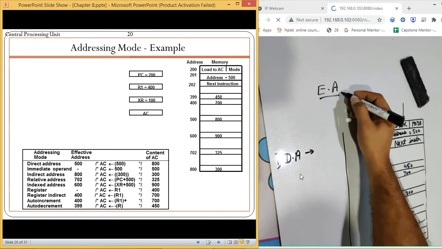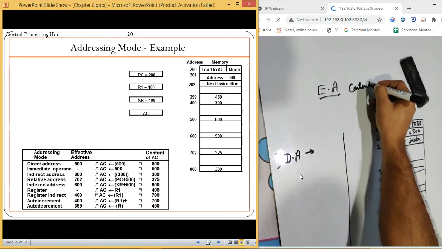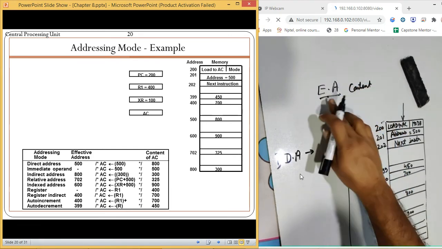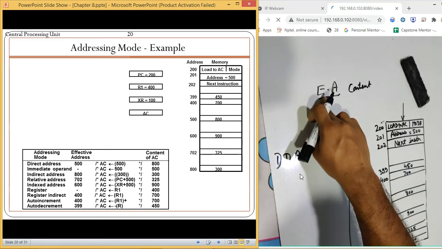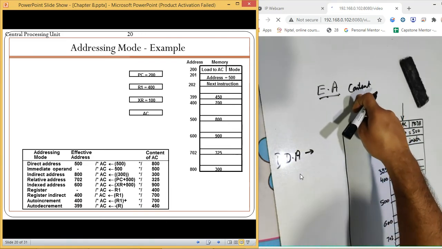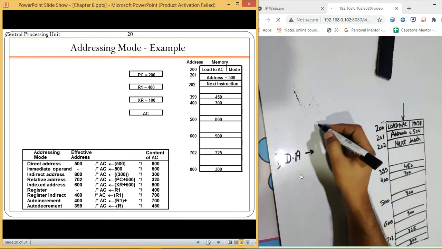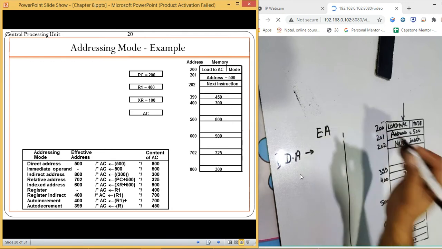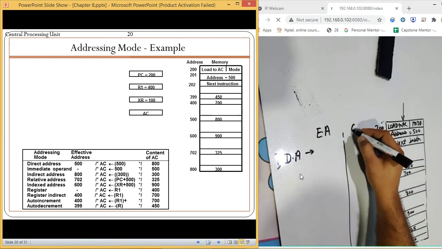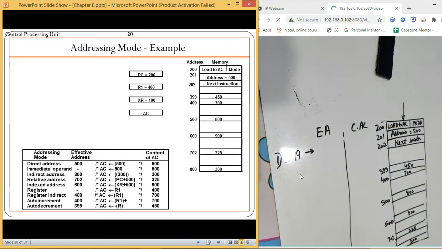And second is what is the content at this effective address, the actual content which has to be loaded. So I will just mention it, like this is the effective address and this is the content which we are going to load to the accumulator.